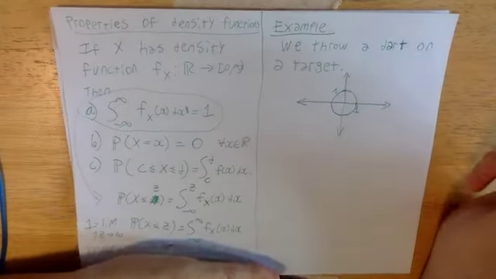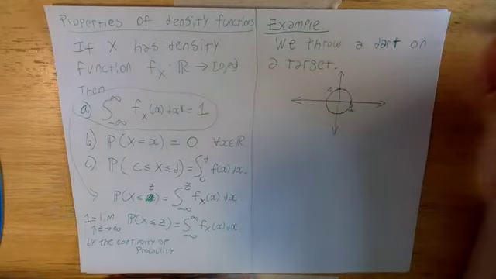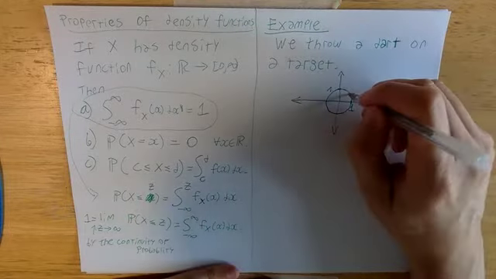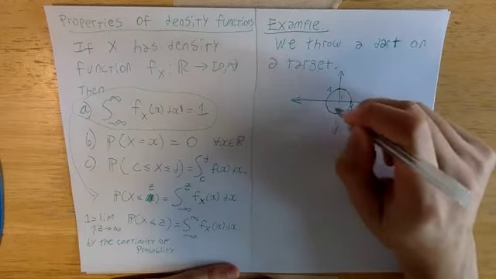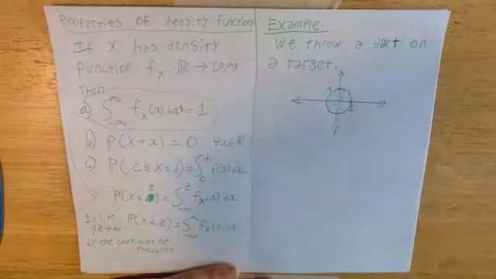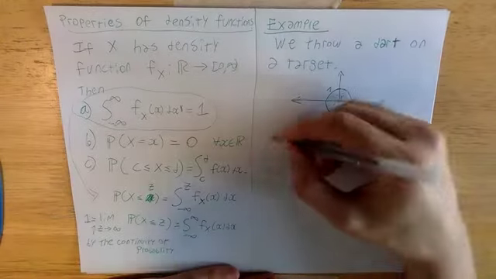Basically what we're saying is, we have our sample space, which is the unit circle, and any point in the unit circle can be an acceptable dart position, and we throw a dart on a target which has